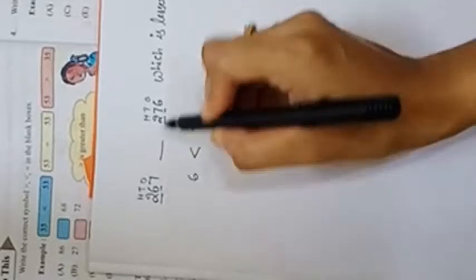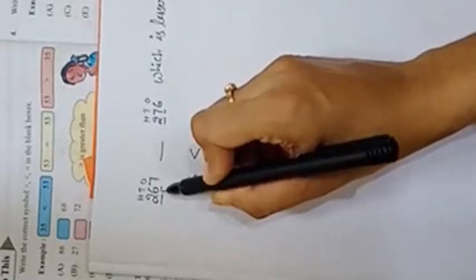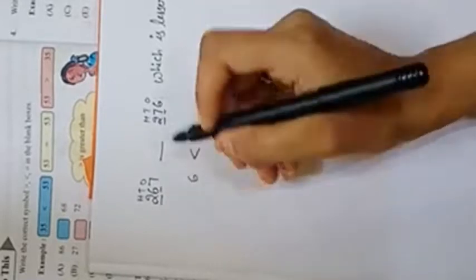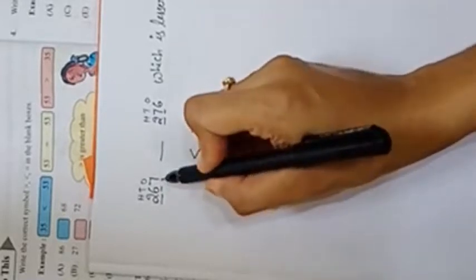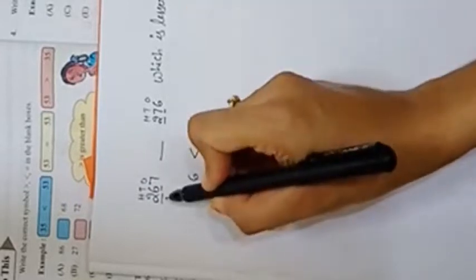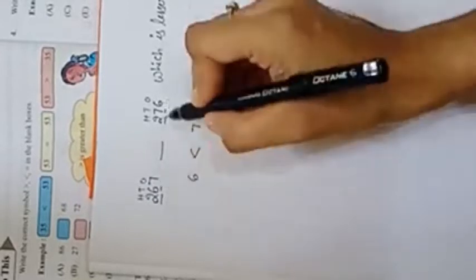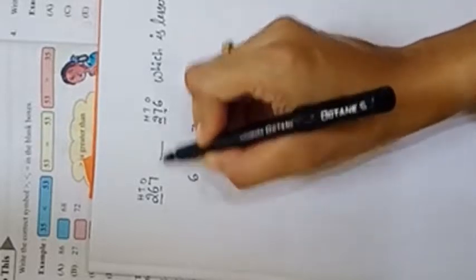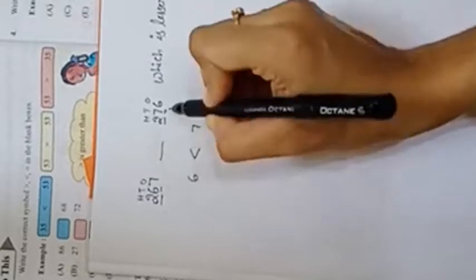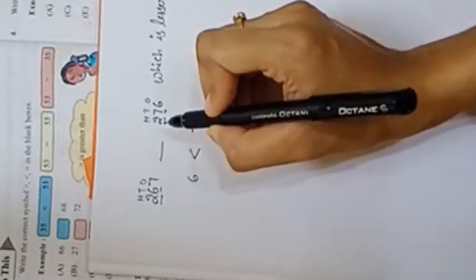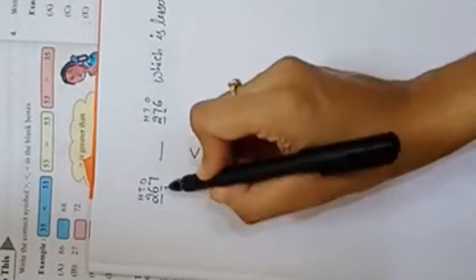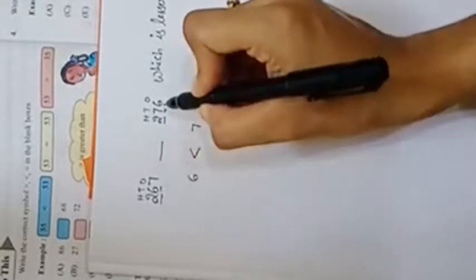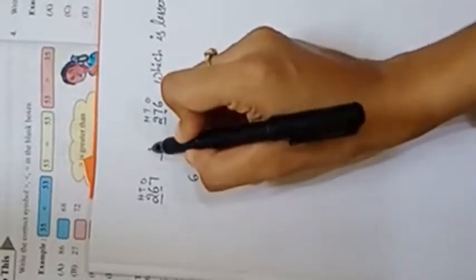Now I got the answer here only. By observing the tens place number only, I got the answer. So no need to go to the ones place digit. Just read the number 267, 276. 7 is a bigger number when comparing this tens place digit. So 276 is the bigger number, and you can put the symbol towards 276.